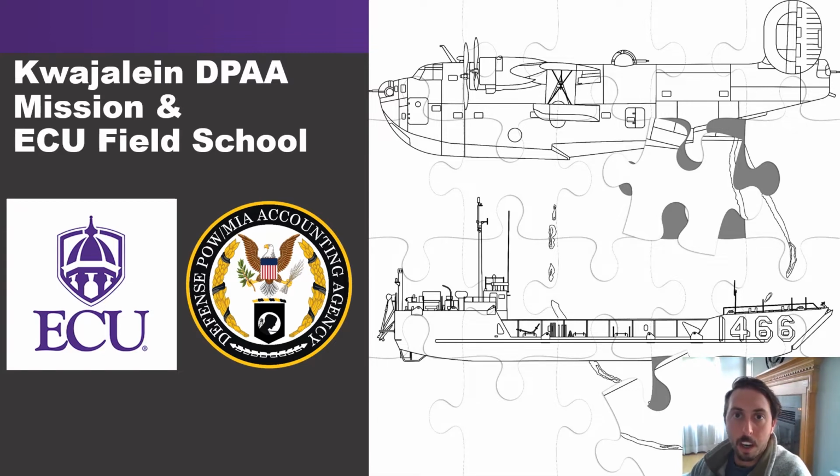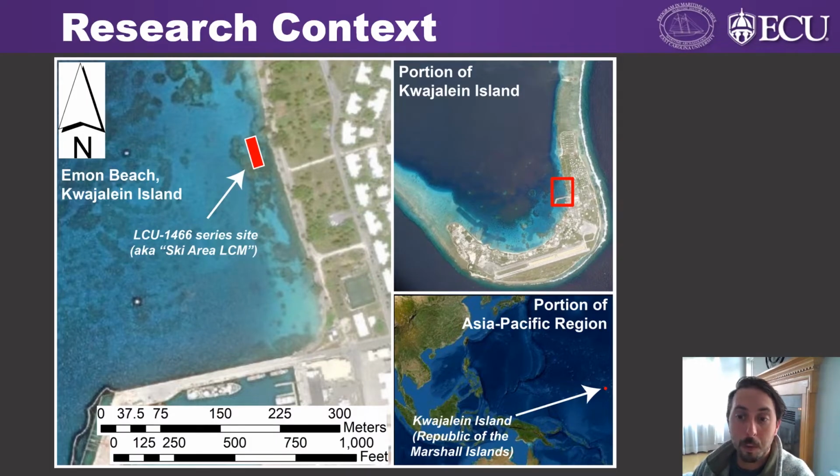And so during that initial time frame, Dr. Raup was able to do a recon assessment of the site, while also scoping out potential field school sites, because the time frame of the new DPAA project lined up with when ECU typically runs its fall field schools. And so while Dr. Raup was there in April, he was able to do a bit of recon,